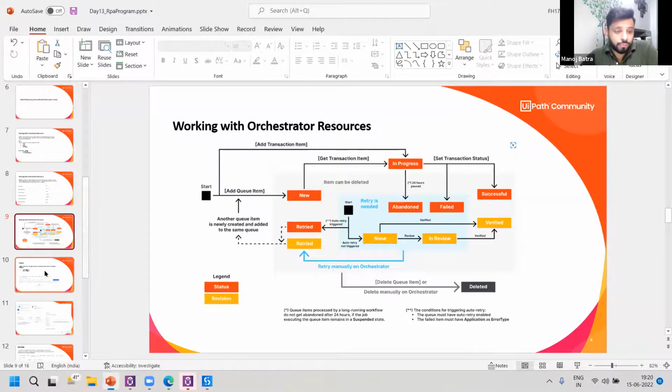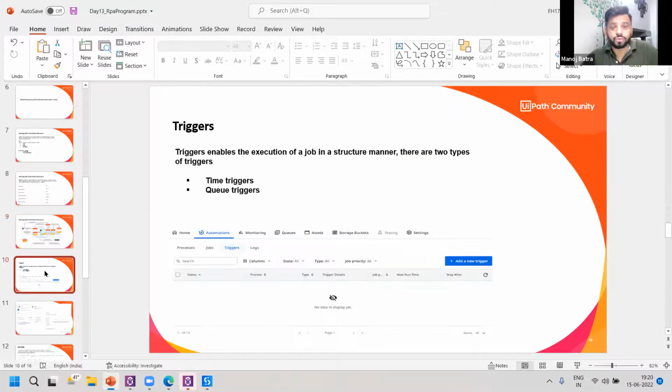The next thing I'm going to cover is triggers. So now you have seen that we can run jobs in attended mode as well as via Orchestrator. But there is one more way where you can actually run your job in unattended mode. So that is by using triggers. So that is the sole purpose. Whether you are not available, you just want to run a process at 6 a.m. in the morning, so you just need to do a triggered